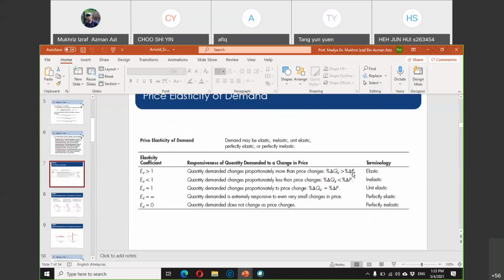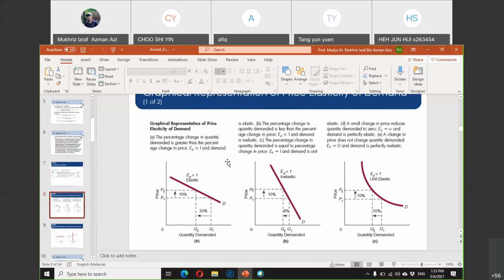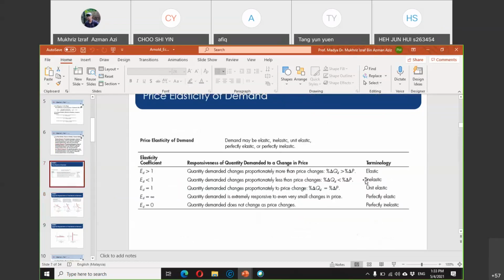So if this is the case, we call it elastic demand, where the value of elasticity should be more than 1. And vice versa. For inelastic, the demand curve should be steeper, okay, lebih curam, whereby the change in price is bigger than the change in quantity demanded, or the numerator change is smaller than the change in the denominator. Just like this one, in elastic, percentage change in quantity demanded is smaller than percentage